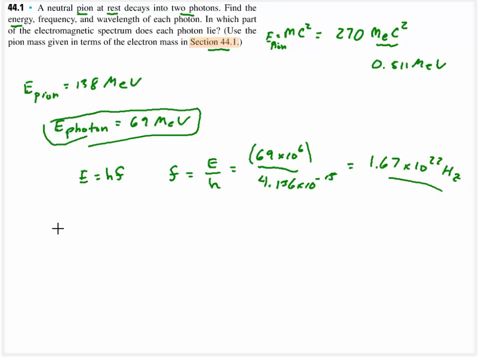And last but not least, we're looking for the wavelength. So the wavelength is going to be c divided by that frequency, or 3 times 10 to the 8th, divided by 1.67 times 10 to the 22nd. And we're going to work our way out to about 18 femtometers, where a femtometer is 10 to the negative 12 meters. Now, what region is this in the electromagnetic spectrum? It's going to be in the gamma ray region, and gamma rays have lots of energy,